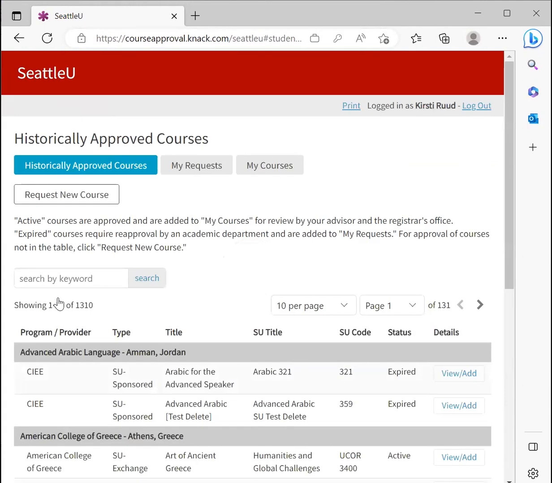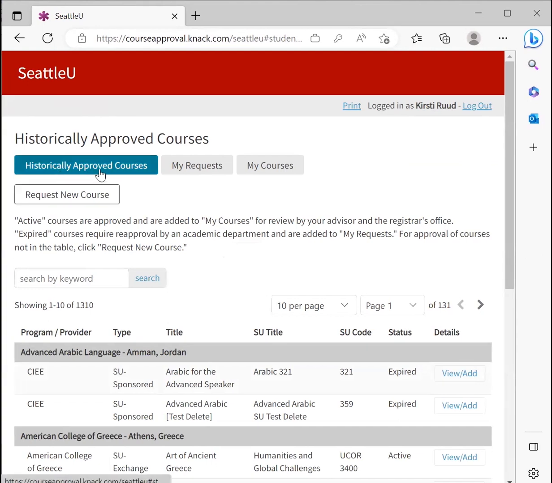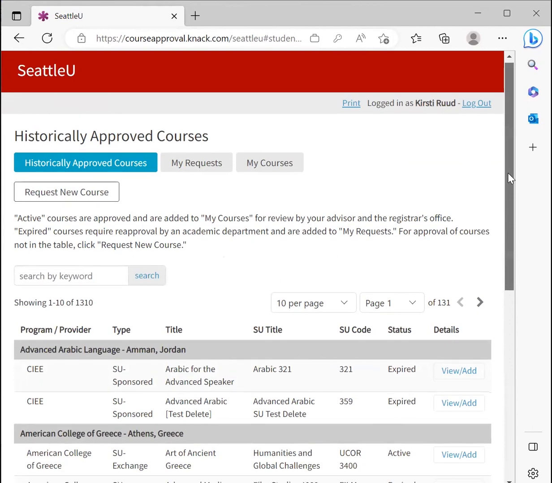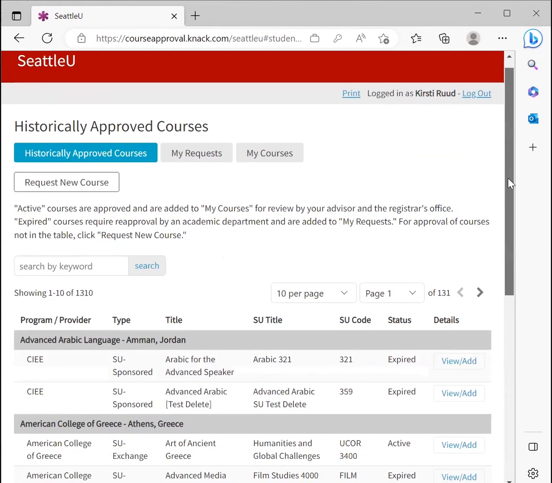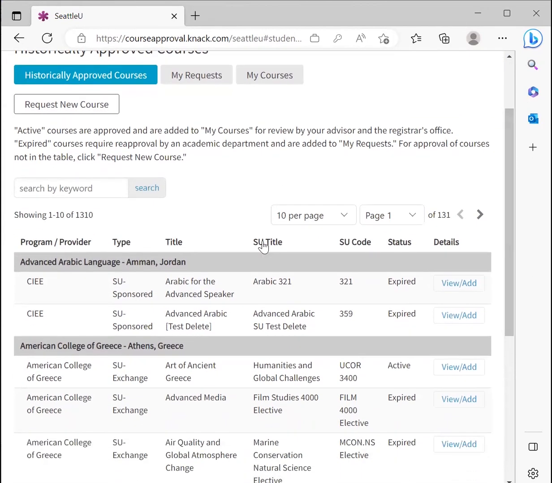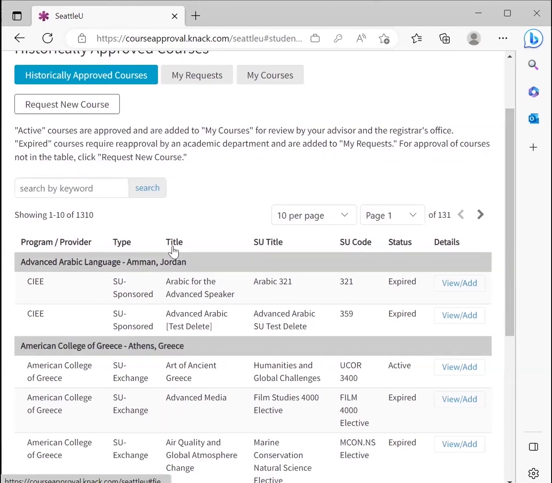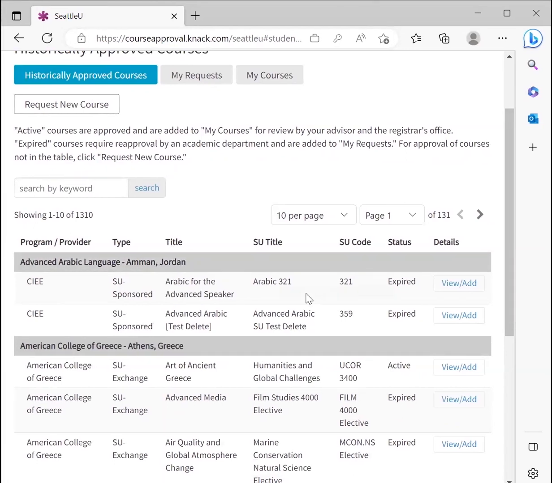All right. And then when you log in, the default screen is this historically approved courses tab. This list shows courses that previous SU students have taken abroad, and it lists courses by program. And then it shows how the courses transferred to SU based on that approval. So in this case, a student took a course on the CIE program in Jordan called Arabic for the Advanced Speaker, and it transferred to SU as Arabic